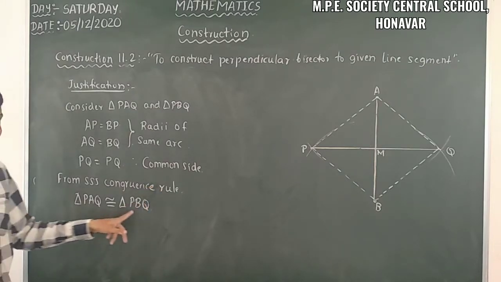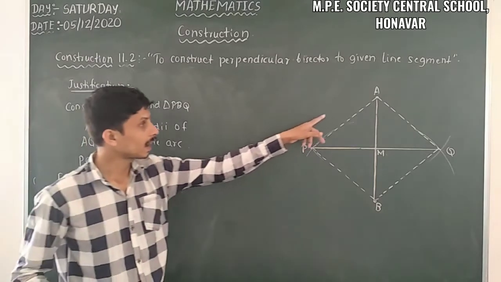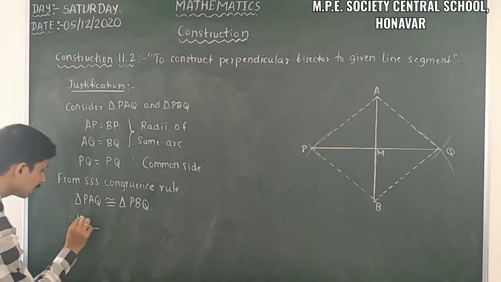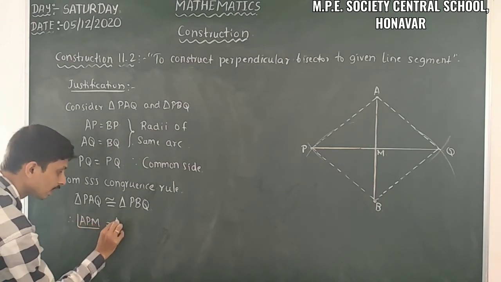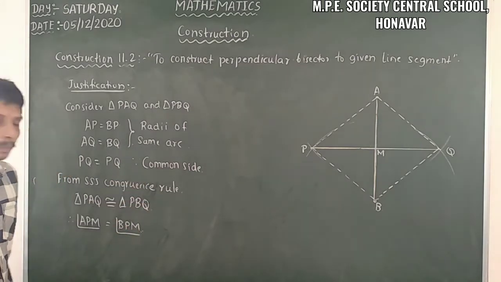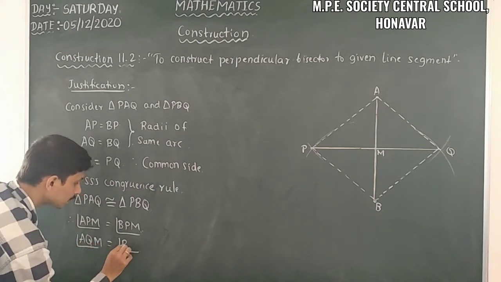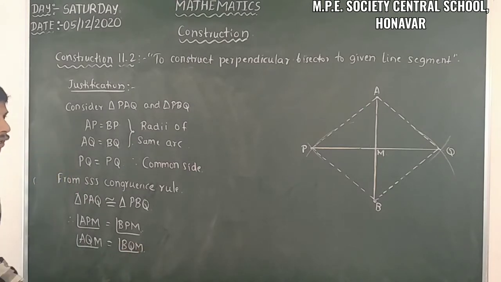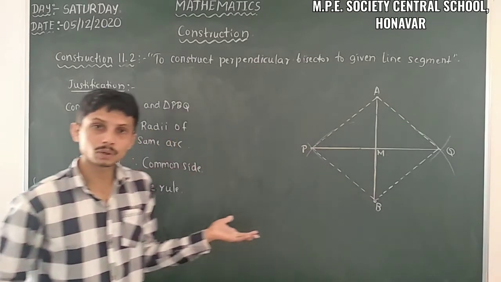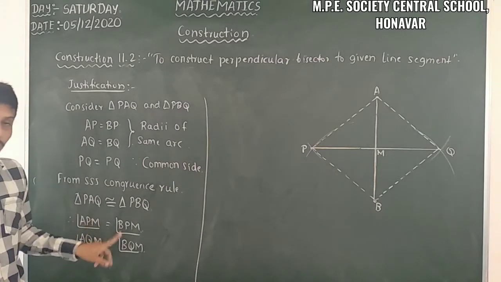So here we have these two triangles, PAQ and PBQ, congruent, meaning I will take angle APM and angle BPM are equal. Therefore angle APM is equal to angle BPM. Also simultaneously you can take angle AQM is equal to angle BQM. Also any other triangle is possible. These two angles are also equal, you can take. So we don't want those things. Yes. So then we have these two equalities.